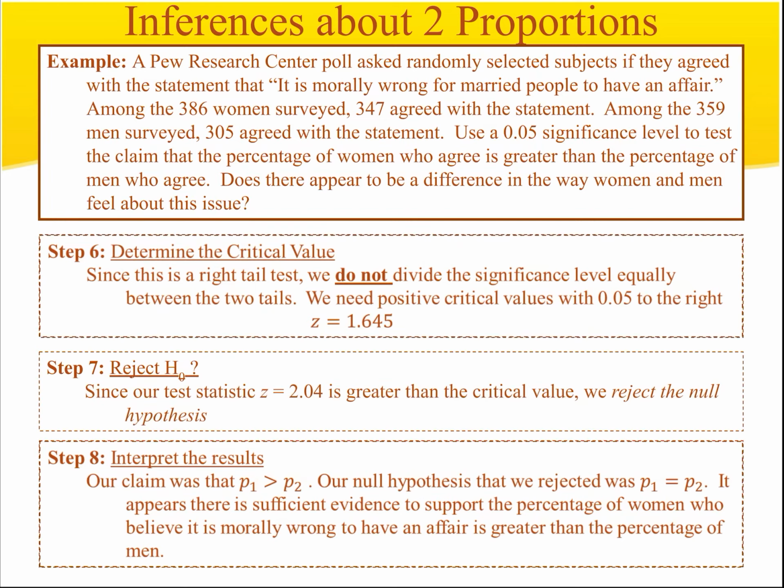So the null hypothesis was that the proportions were equal to each other. That's what we reject. So our claim being the alternative hypothesis that P1 is greater than P2, there does appear to be sufficient evidence to support the claim that the percentage of women who believe it is morally wrong to have an affair